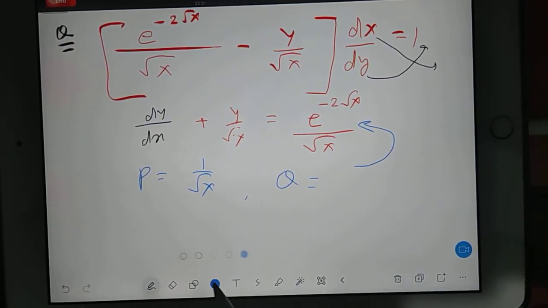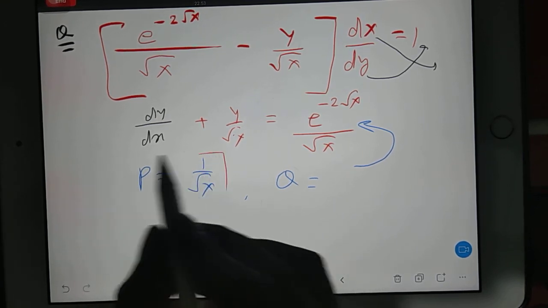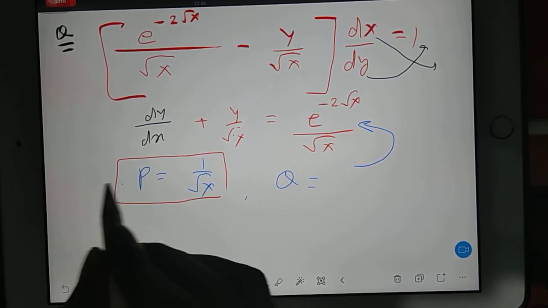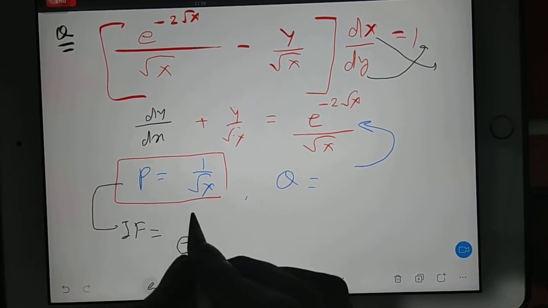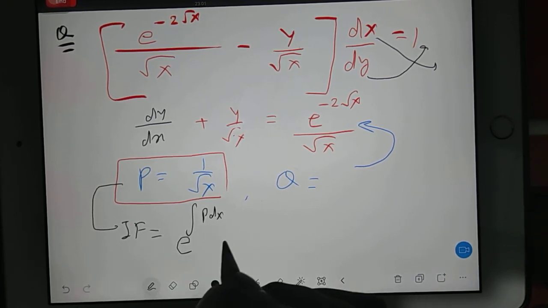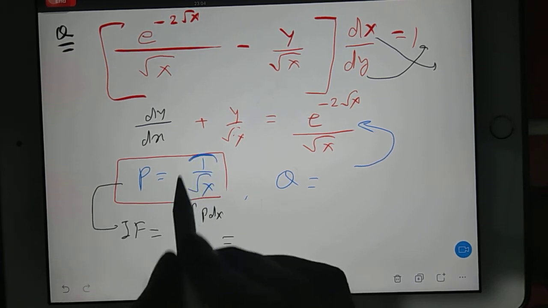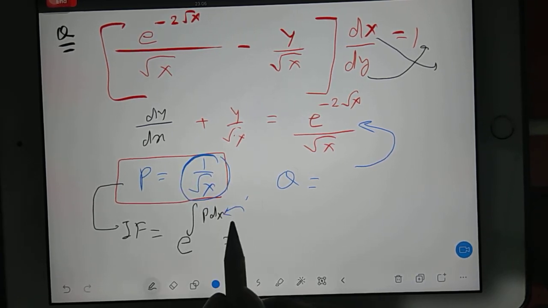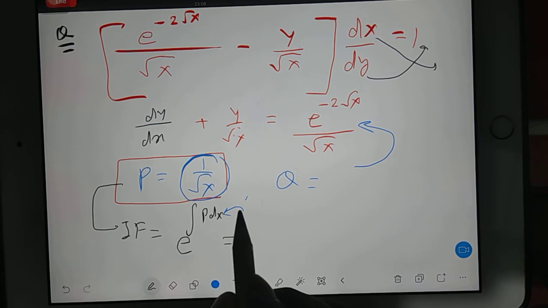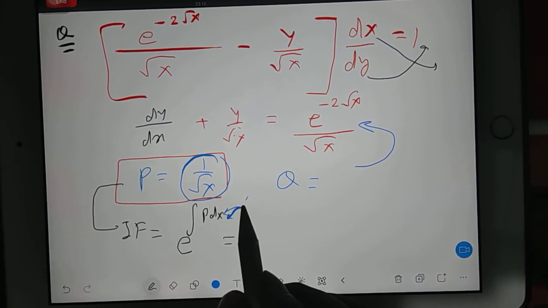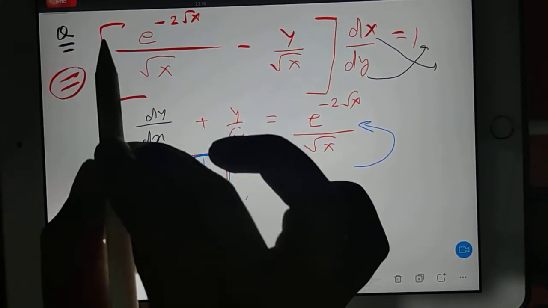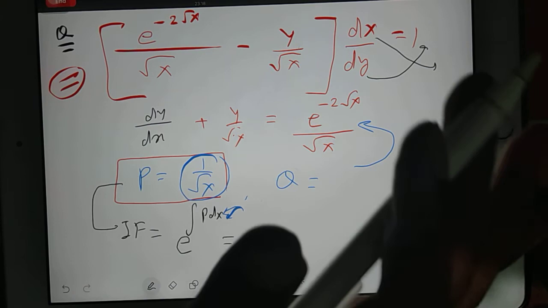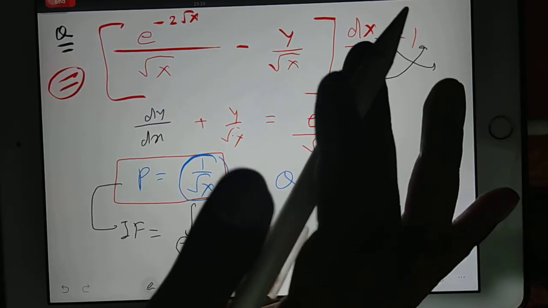Okay. Always remember, the moment you have got your p, quickly find your integrating factor. Half the question is done. Integrating factor is nothing but e power integration of p dx. Always remember, if p is a function of x, then only you will integrate for x. If p is a function of y, then you should integrate for y. If t is there, then t. If theta is there, then theta. These kinds of changes they can make in the question. Because Leibniz form is a tool. The variable can be anything: x, y, z, t, theta, alpha, beta, gamma, anything.